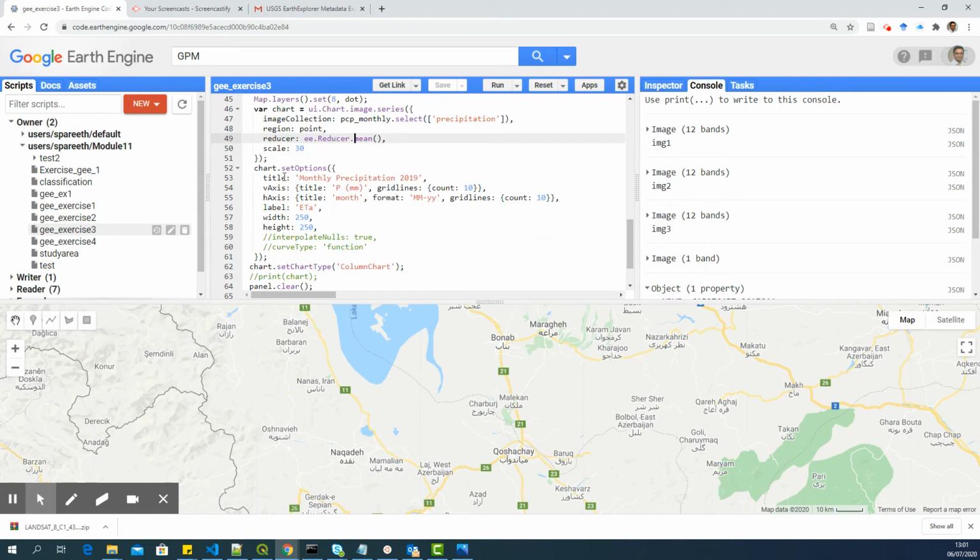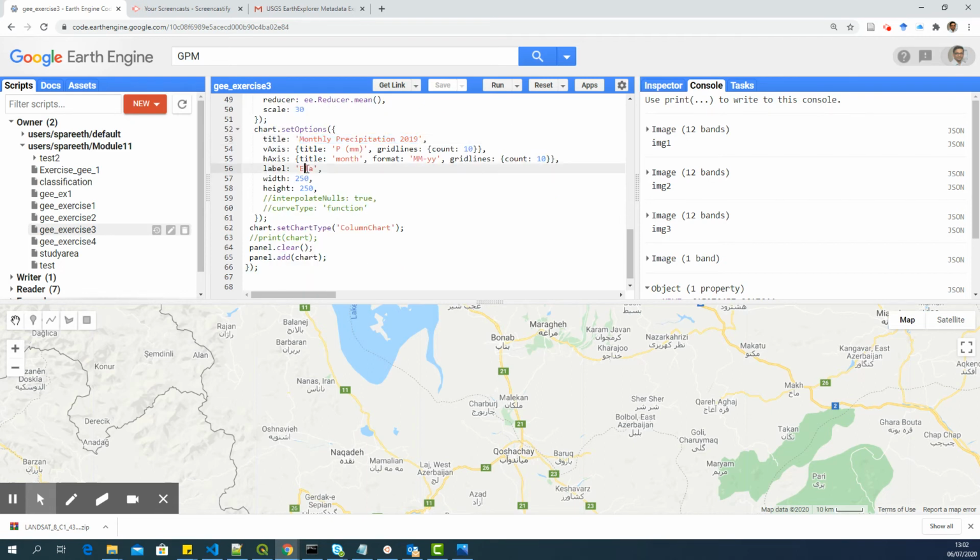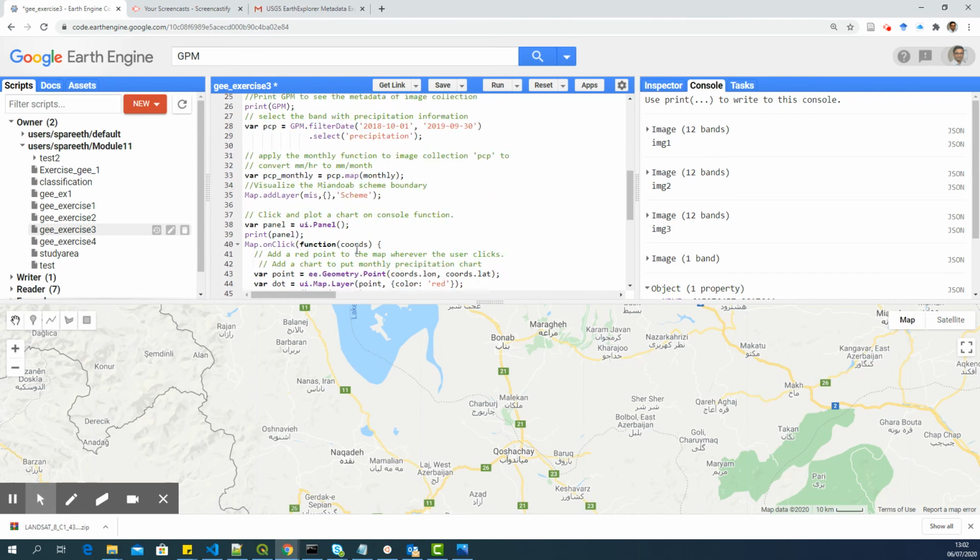The image series is PCP underscore monthly with the band precipitation. Now you can change some common parameters like the title, the vertical axis, the horizontal axis, the y-axis and x-axis. What do you want to give as the title? You can make it more meaningful here. You see that the label is ETA, which is wrong and doesn't make sense. You can put precipitation here. You can also change the width and height of the chart, etc. You can change those parameters, play with it, and see what you get. You just have to run it,